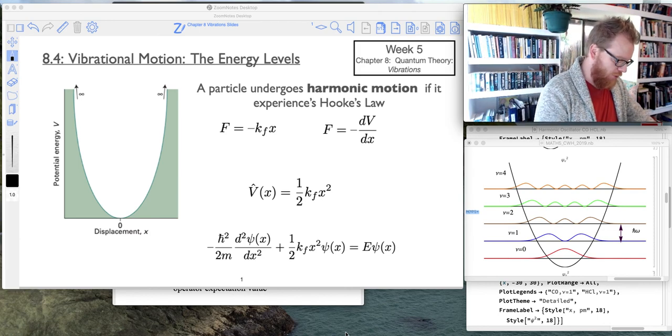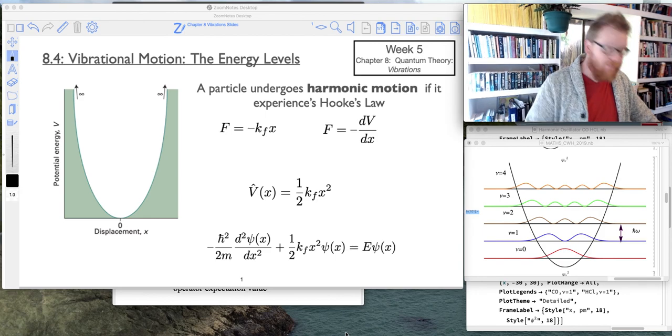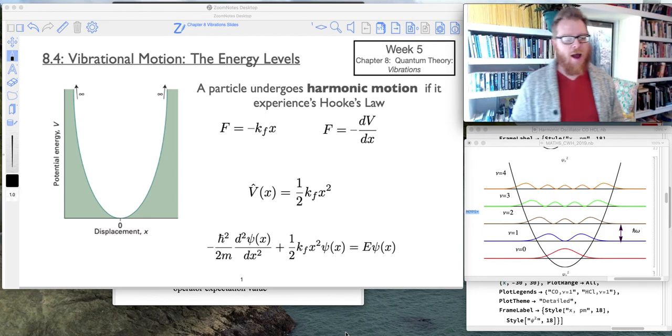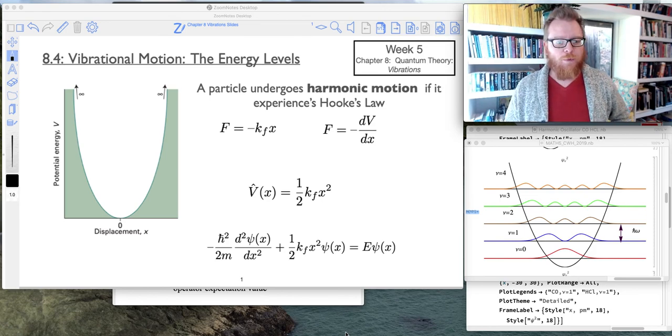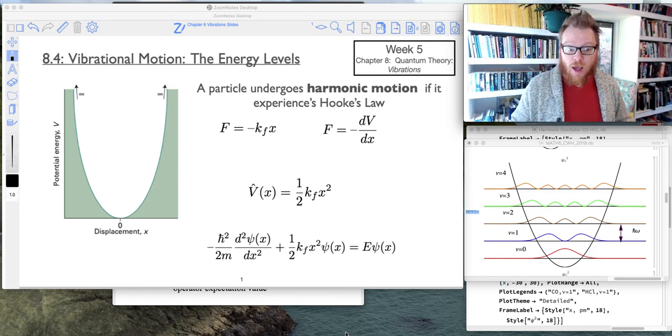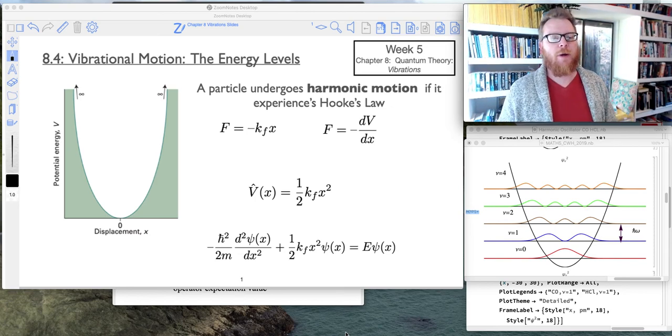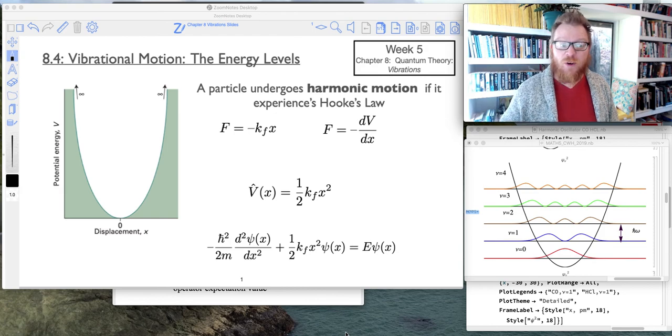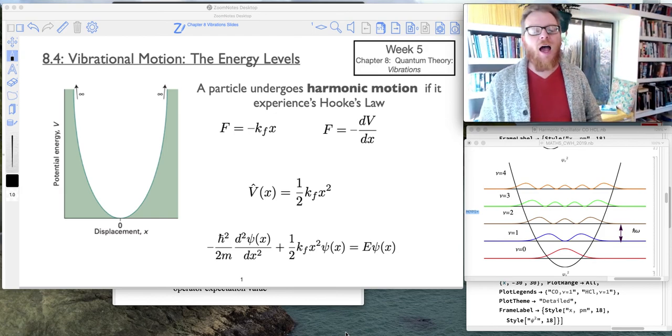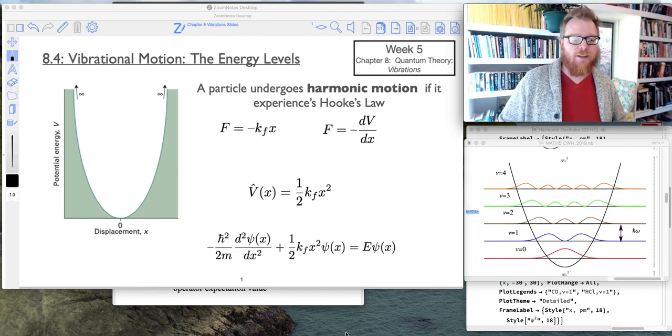We're getting into the vibrational motion. So I love this stuff. This stuff to me is so cool. I do a lot of vibrational spectroscopy, so IR spectroscopy in my research. So I love getting into this stuff. So let's do it. So up to now, we haven't really treated the potential energy in a very realistic sense